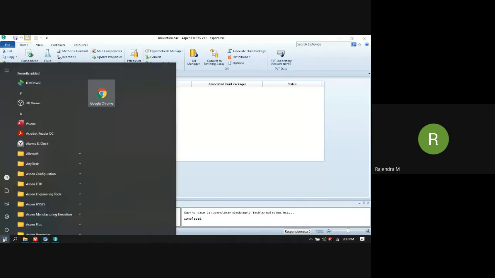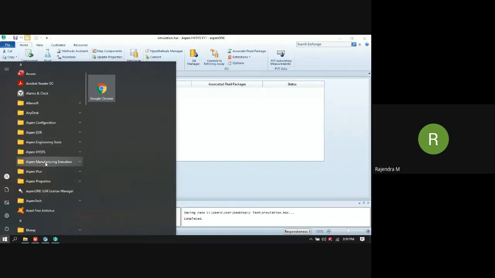I think it's already covered, so I will just go through it. We have Aspen HYSYS and Aspen Plus. It means two simulation softwares are in the same bunch of software. There are other softwares also when you install Aspen software.